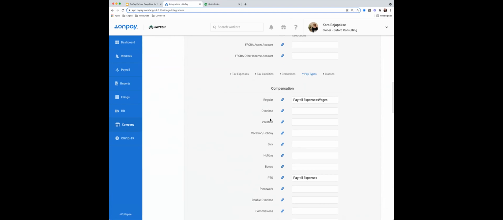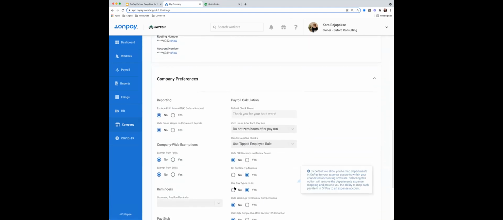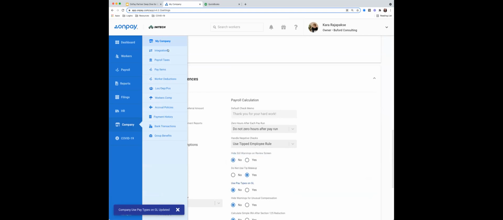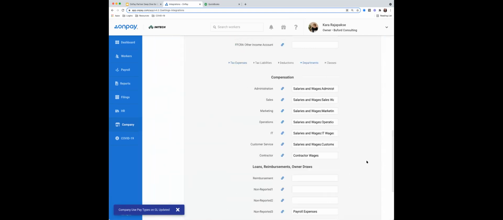Kara, if you will switch it back to departments for me. I just want to talk a little more about departments before we go back. So we'll just switch it back. It is an instantaneous switch, no harm, no foul if we switch between the two. So if you had like a bonus pay run that is just a one-time bonus per year and you wanted to send everybody's bonus to that, you could switch between the two easily.